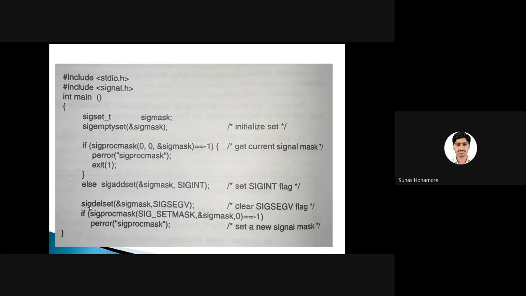Now here we are calling sigdelset. What delete set will do is clear it. So if any signal is set, we are removing it. By default, the segmentation fault signal is always on, so now we are removing that. Then again we are trying to set it. The default old one we don't know whatever it may be, we are leaving it, and the new one whatever we created.